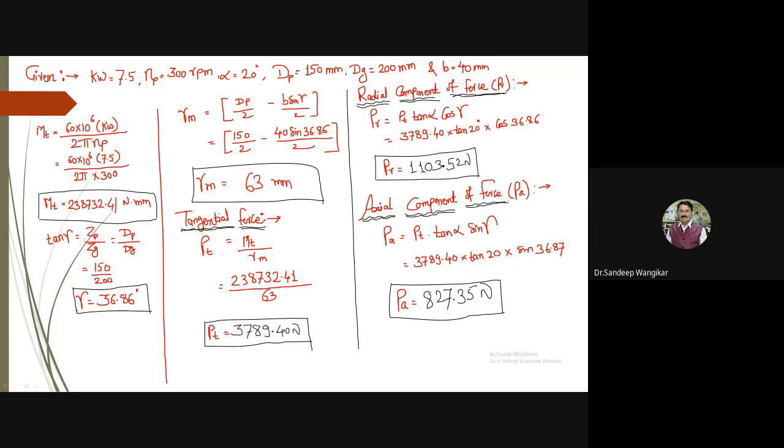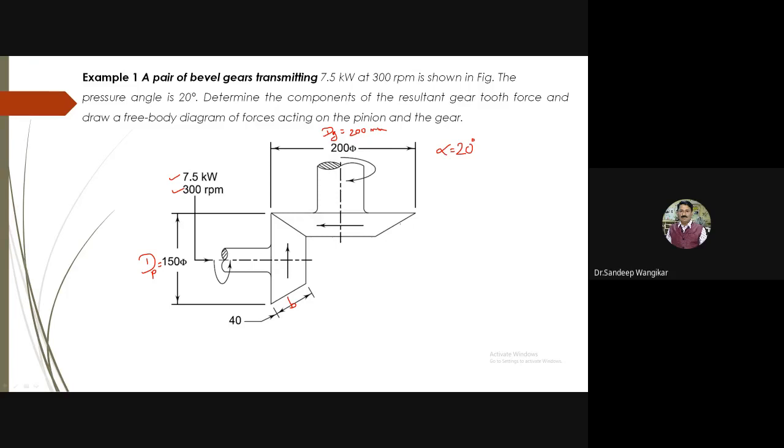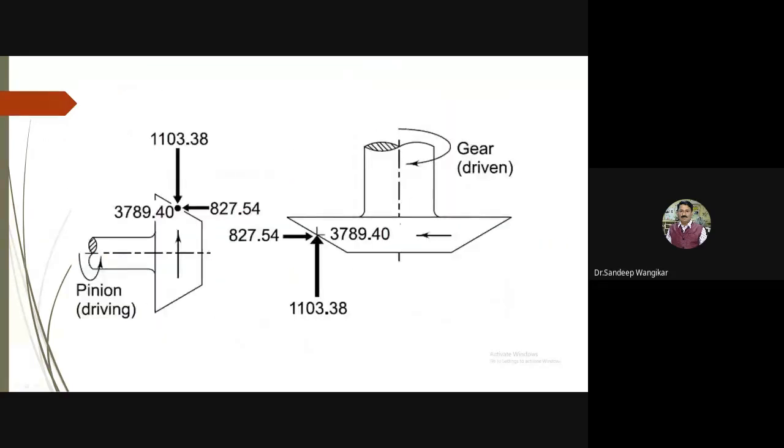Let us go for drawing a free body diagram. I have already given you how it is shown. So here, this is our free body diagram. If you refer, the direction is given of how it is rotating. For analyzing purposes, I have separated these two so that we can show all the forces. Here, the pinion is rotating in this particular direction. The direction is mentioned for the pinion. Now, first let us show all the dimensions.